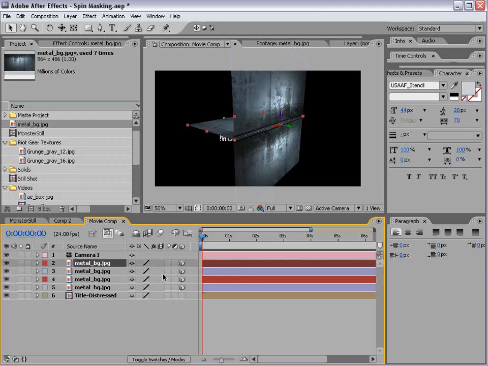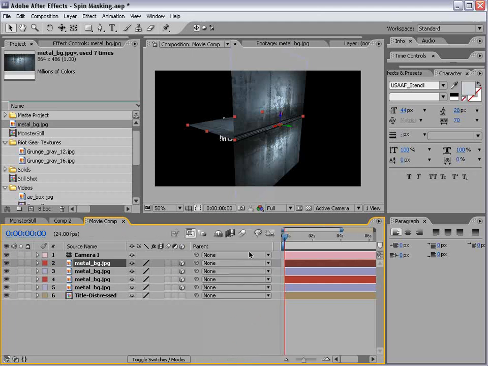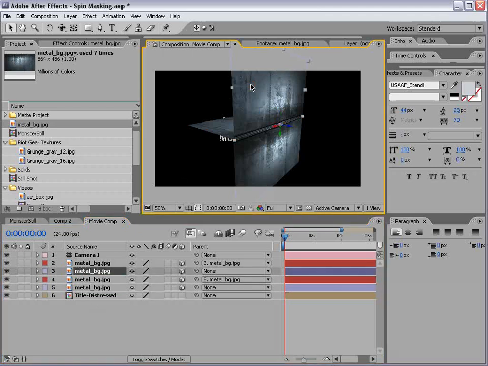flat layer to, so if I right click, show parent, it's that column. This column just takes up a lot of space, so I have to hide it. And then we'll take the red layer and parent it to the lavender layer. And again, we'll take the red layer and parent it to the lavender layer. So what we've done effectively is made it so that I can move this section here up, and it's kind